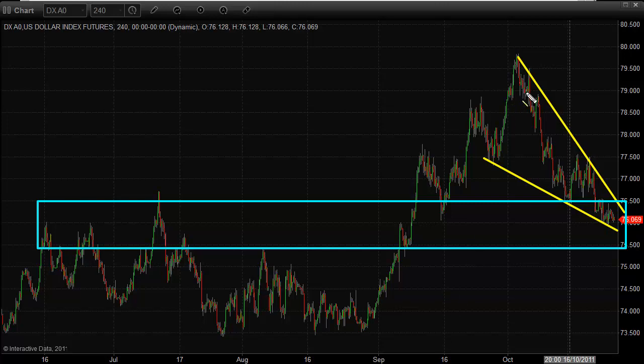Now within this falling wedge we did have an even smaller falling wedge that more or less unfolded, and we did get a nice break and pop there, and it was that move here that really created that short play on crude oil, and we got a nice 7.5% gain in about 24 hours. Over the entire position we took about 3.5%, but now we're looking at a much larger wedge, and there's good